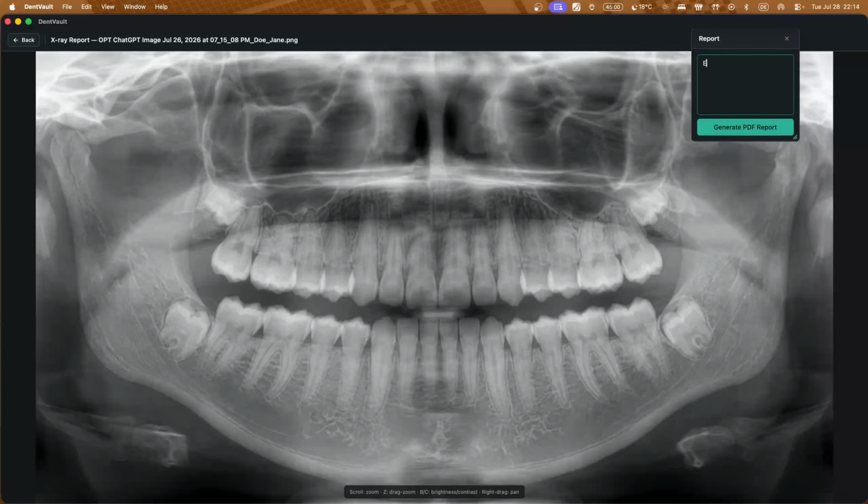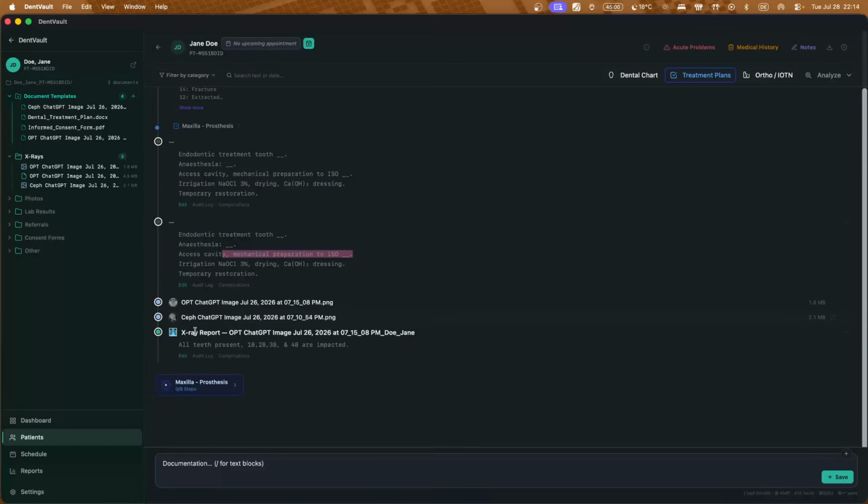Let's say all teeth present, 8s, 9s, 1-8, 2-8, 3-8, and 4-8 are impacted. And then you click on generate PDF, report PDF saved. So that's good. And we go back, and here you have the report, and it creates a PDF, where it appends